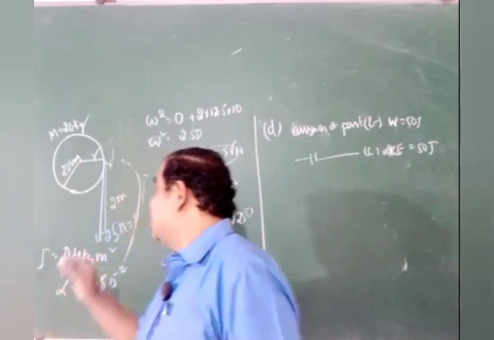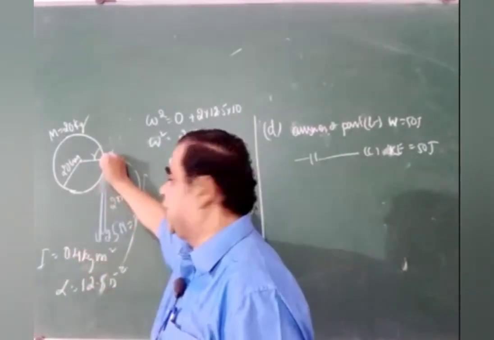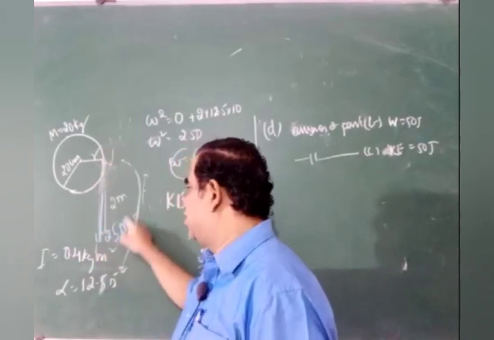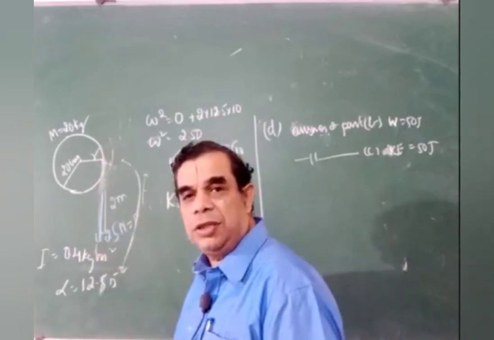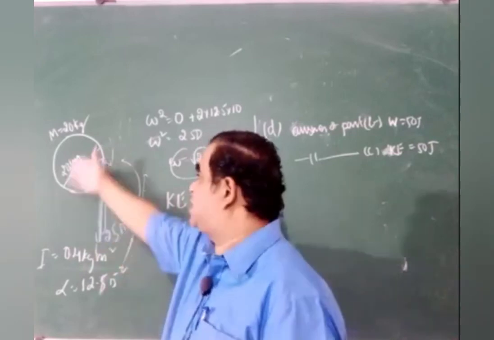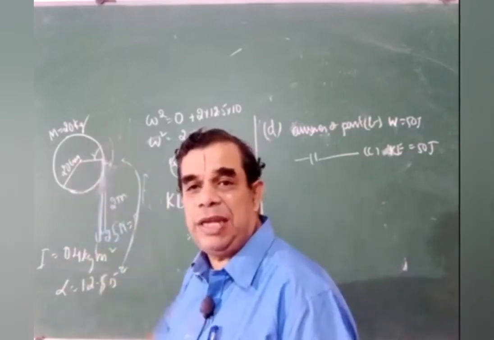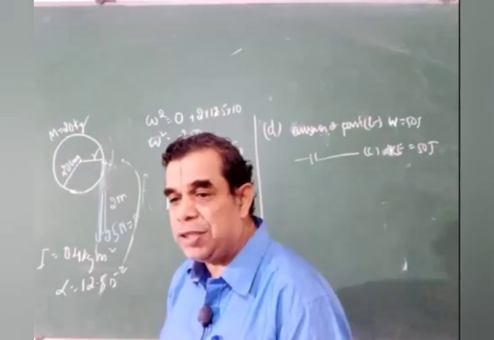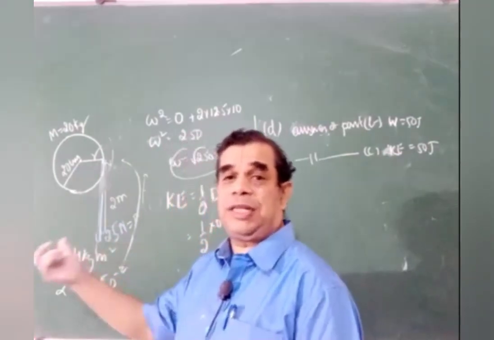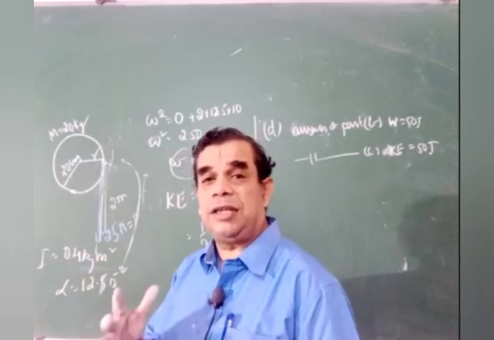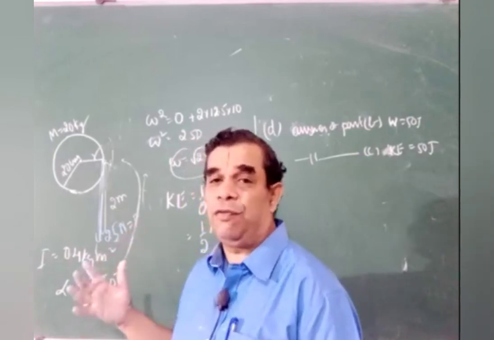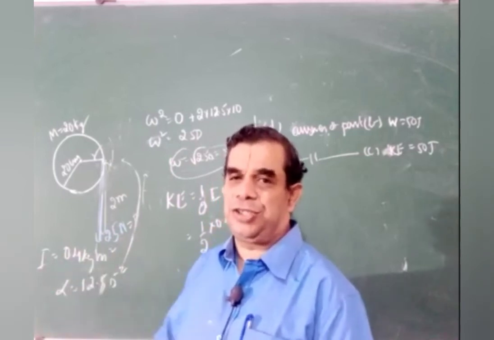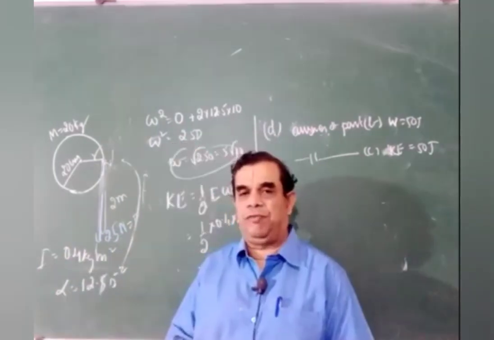That means, in this figure, this string was here in the beginning. To pull it down by 2 meter, we have done a work of 50 joules. So much is exhibited as change in kinetic energy of the wheel, rotational kinetic energy. That's kinetic energy increased by 50 joule from zero because it was at rest. So that elegantly proves the idea of work energy theorem also in rotational motion. Just an illustration, example. This final idea for tomorrow's class.